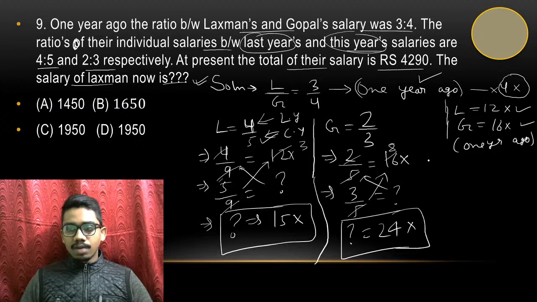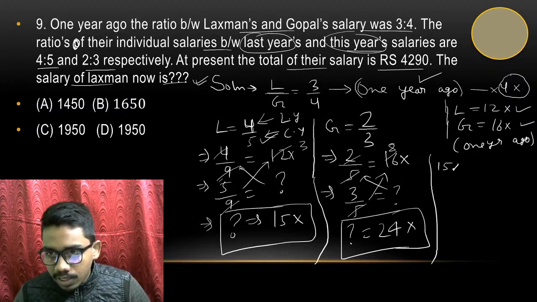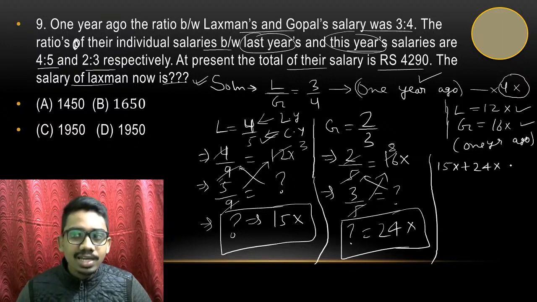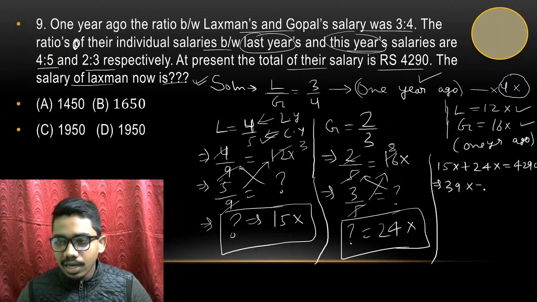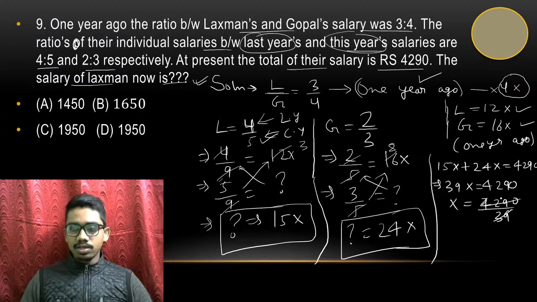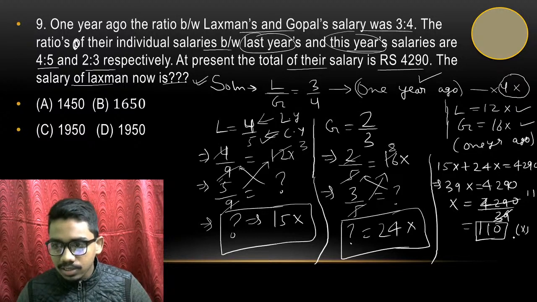सो 24x यहाँ पे हो गया। अब देखिए हमें क्या निकालना है, व्हाट डू वी नीड टू फाइंड, एट प्रेजेंट द टोटल ऑफ देयर सैलरी इज 4290, ठीक है। दी सैलरी ऑफ लक्ष्मण नाउ, सो अगर हम टोटल सैलरी देखें तो 15x प्लस 24x equals to how much, 4290, ठीक है 4290। and if we add the values like 39x equals to 4290, you can calculate the value of x, like 4290 divided by 39, so 39 ones are 39, then 39 ones are, so you will get how much over here, you will get 110, the value of x you will get 110, ठीक है। so this is the value of x, so x का value आपको मिल गया।